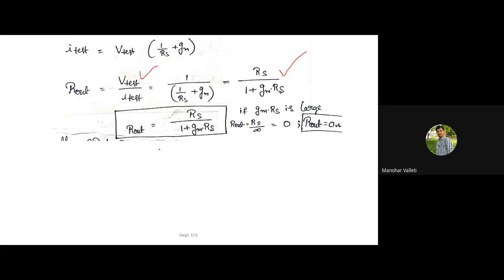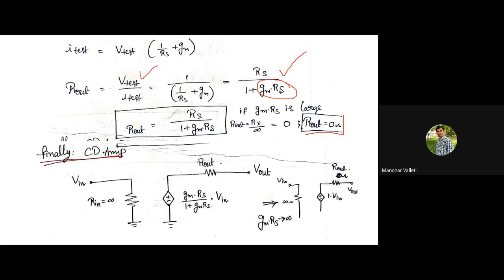In the same way here, let us say gmRS is much greater than 1. Assume gmRS is infinite, then how much is the output resistance you will get? Output resistance you will get 0 ohm. Fine. For a good amplifier, as you know, the input resistance has to be as high as possible, and the output resistance has to be as small as possible, so that the power dissipation by the circuit is very less and the input taking and delivering is good, right? So R out will be less for this common drain amplifier.